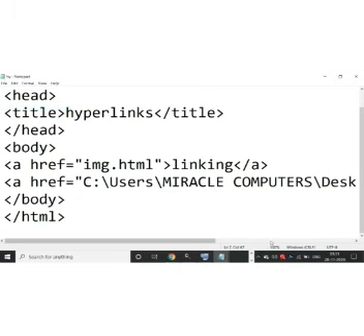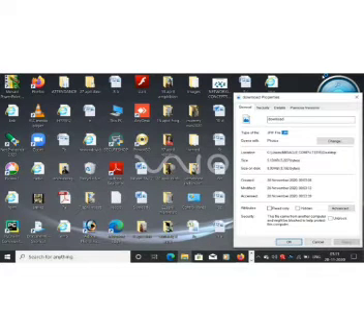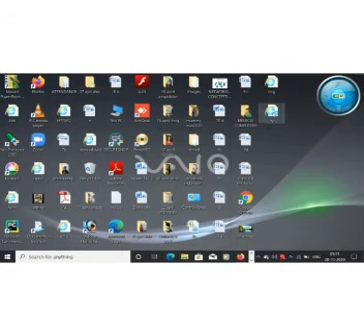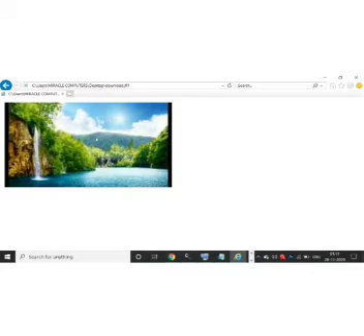And now look, I'm going to run this page, meaning on a web browser I will view my page. See, first this linking was there, and this img is colored and underlined. Can you see this? Yes. Fine. So this is how you can link your page.